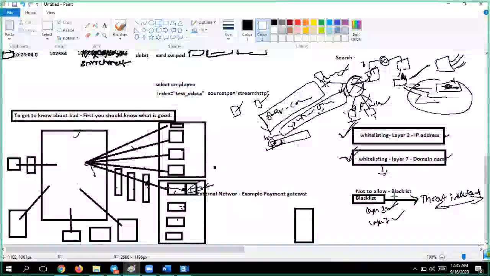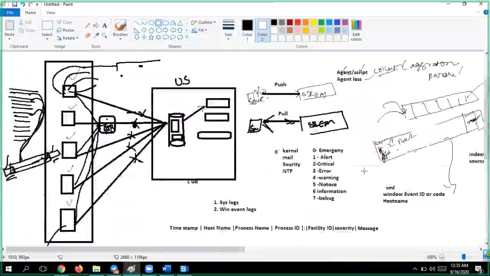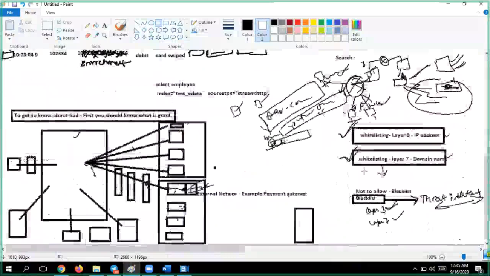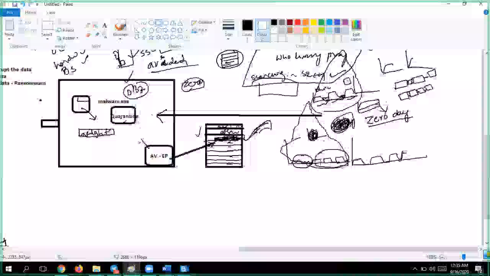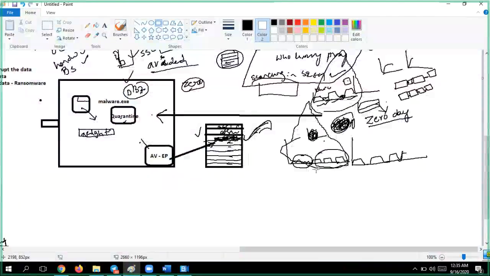Whatever I've explained here, somewhere I've explained it, these things are nothing but called anomaly detection. Whatever your antivirus has not found, you're able to find here. If there is some misconfiguration, you can also identify it, for some server